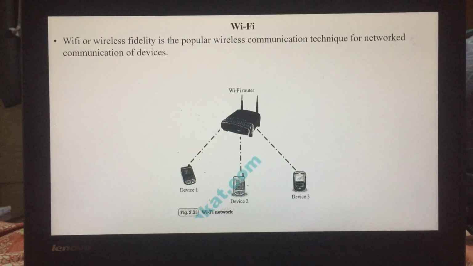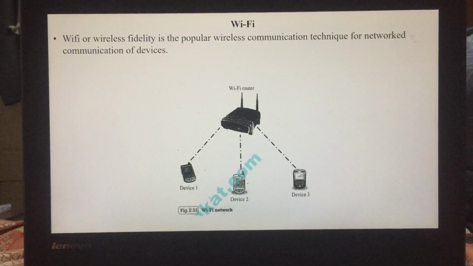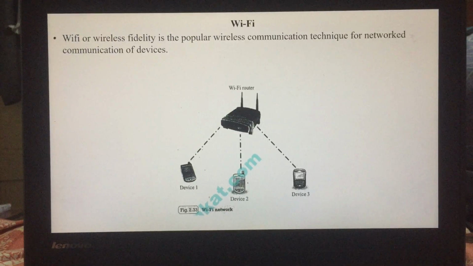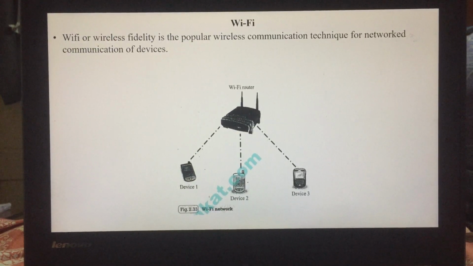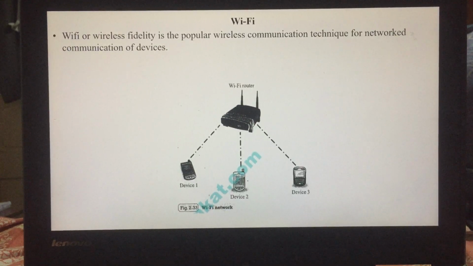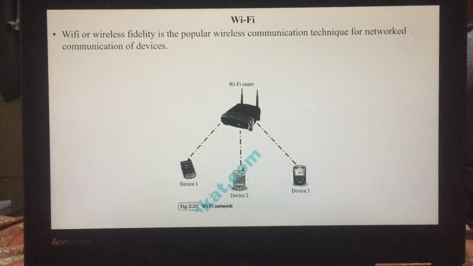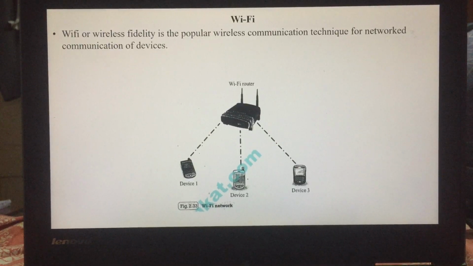The Wi-Fi router is responsible for restricting access to a network, that means it will have limited access, assigning IP addresses to devices present on the network, and routing data packets to the required device on the network. Wi-Fi enabled devices contain a wireless adapter for transmitting and receiving data in the form of radio signals through an antenna. Wi-Fi operates at 2.4 GHz or 5 GHz of the radio spectrum. The figure illustrates the typical interfacing of devices in a Wi-Fi network.